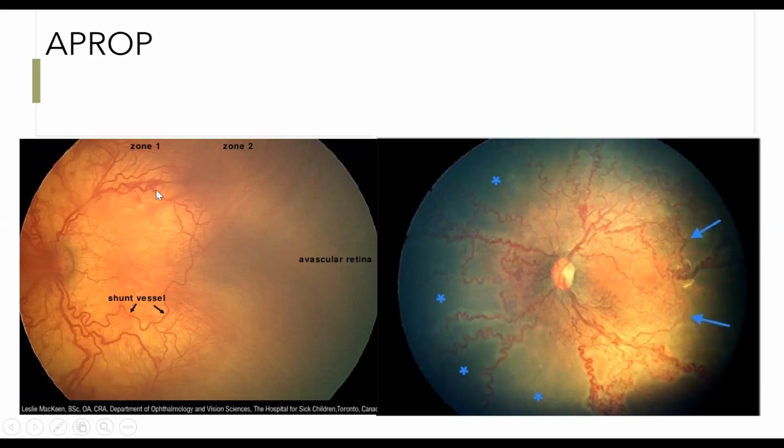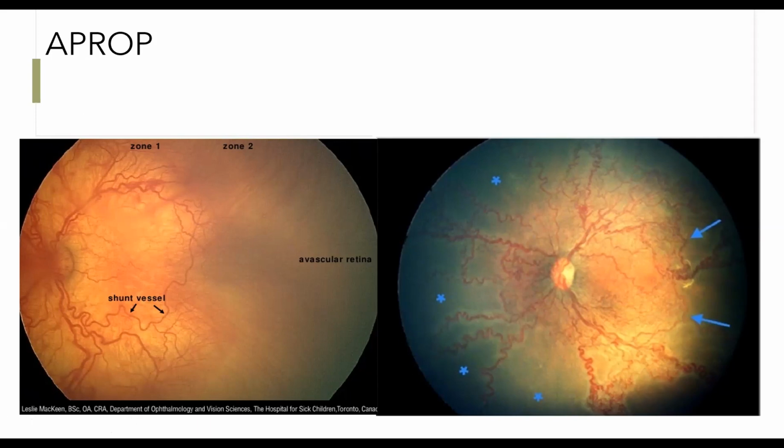Okay. Now if you remember the pathogenesis, the intrauterine growth of the vessels, what we discussed was there is a vasculogenesis in zone 1, and then there is the angiogenesis process. So what was described in the classical teaching, stage 1, stage 2, stage 3, is from the time when the babies who were very sick didn't survive. Okay, so the vessels were usually in zone 2 or zone 3, and then the disease started developing. Now what happens is, because of the lot of prematurity, these vessels stop in zone 1 itself. Now because of the vasculogenesis, there is a different format in which the disease presents itself.